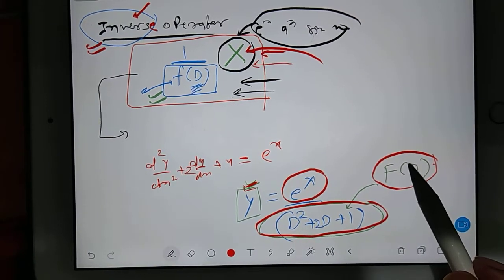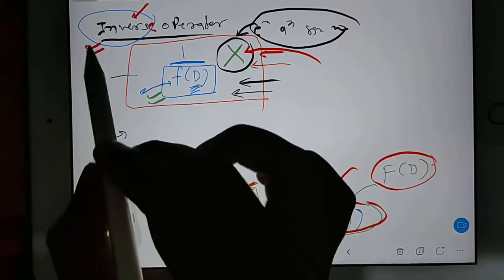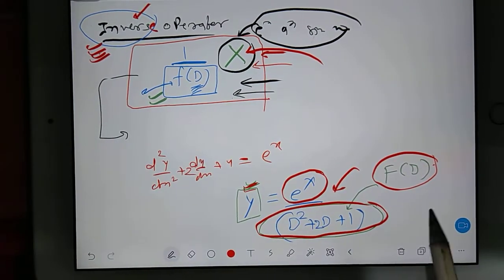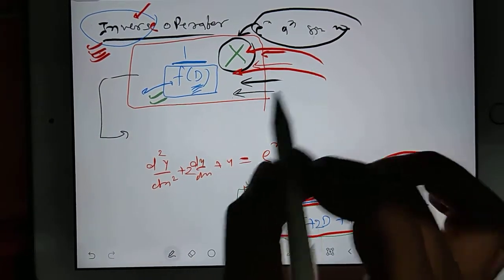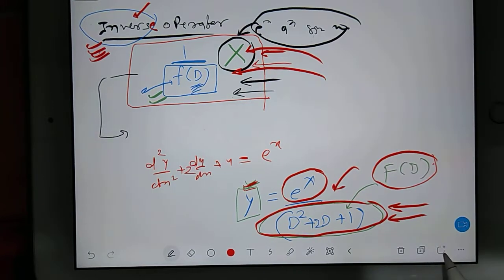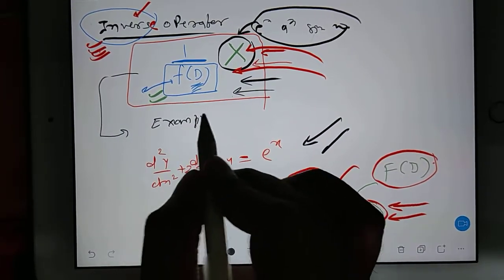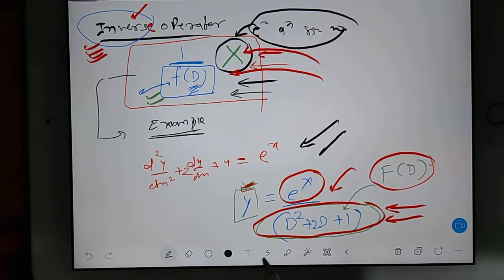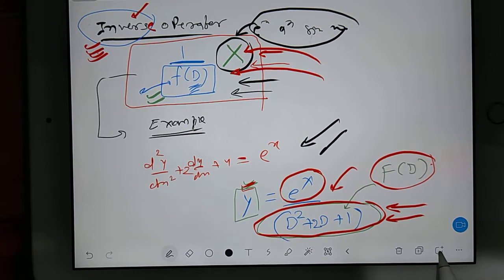So what are the popular types we may get? Those popular types we will discuss here as the inverse operator. Like here I gave one example. First we will generalize our study, after that we will go for the example. I will change the page. Suppose under the same topic you copy that, and also copy this for example purposes, so that you can keep in mind what's going on.